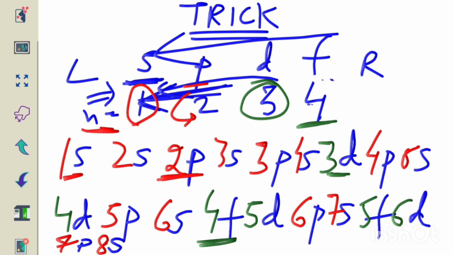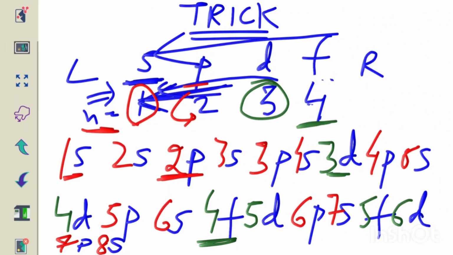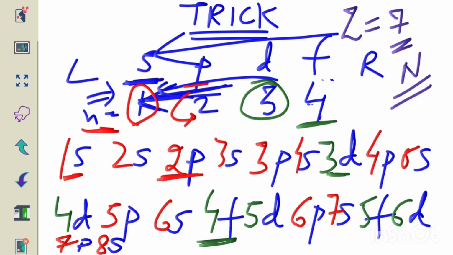Now let's start filling the electrons according to the given atomic number. Suppose you are given atomic number 7, that is the nitrogen atom. Okay, you all know. So for the nitrogen atom, what will be the electronic configuration? As we already know, we will start from here. It will be 1s2, 2s2 and 2p. If you write 6, you will have 10 electrons. It is 3 less. That means 3 electrons will be here: 1s2, 2s2, 2p3. Okay, this will be for the nitrogen atom.